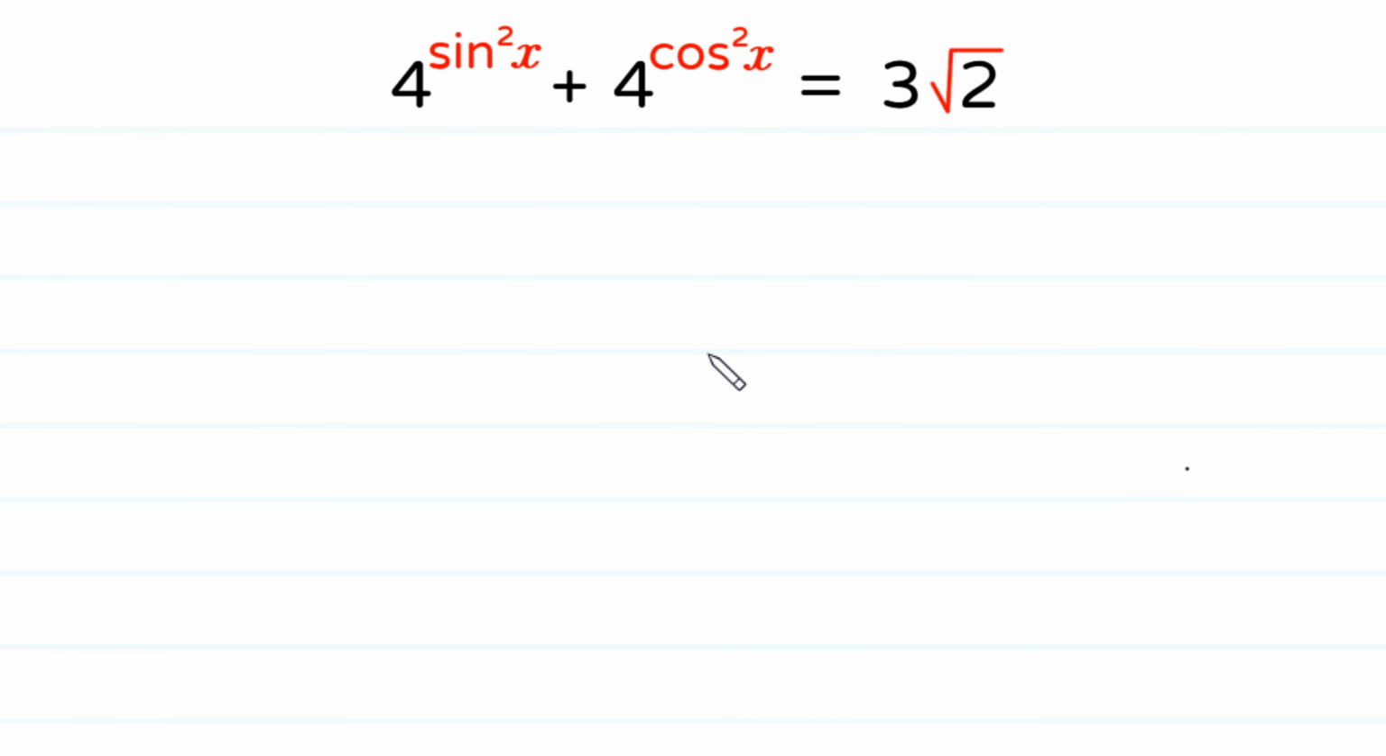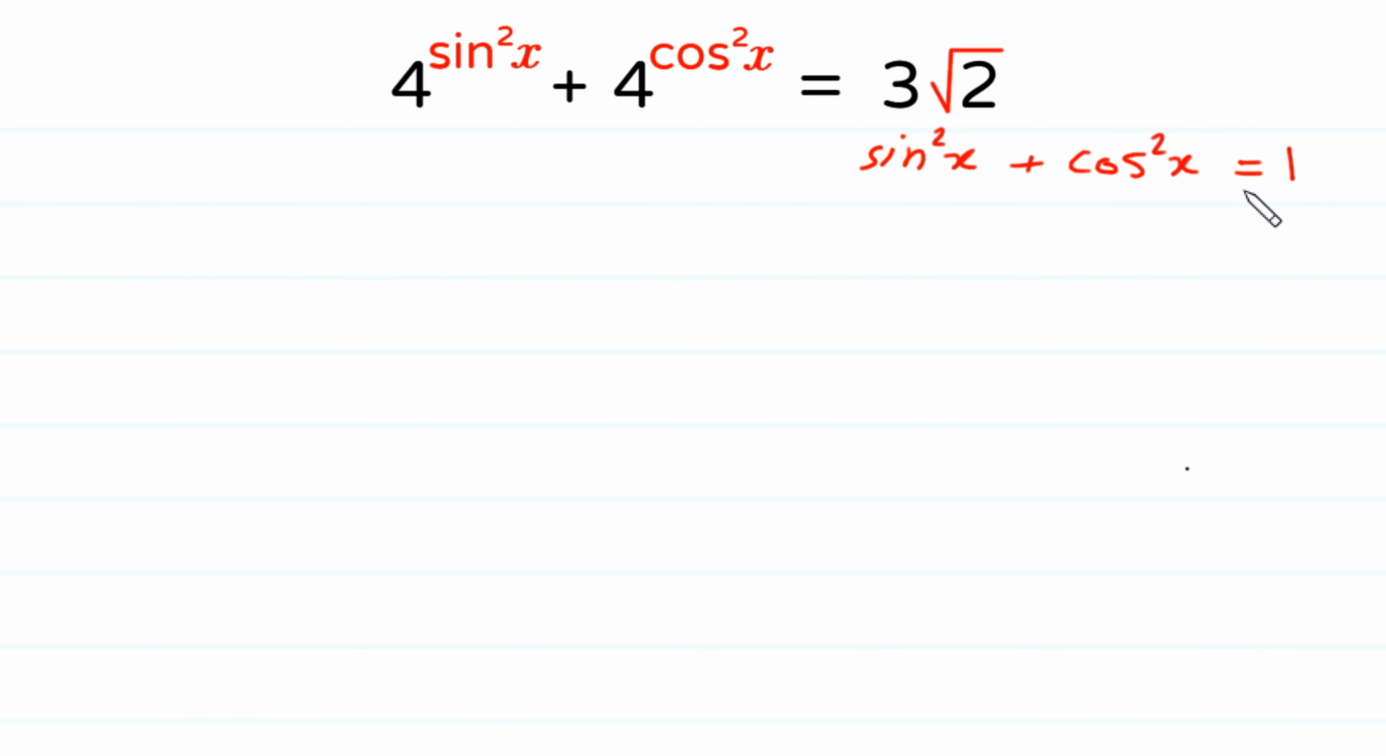Hello, welcome to how to solve this trigonometric equation. 4 to the power sine square x plus 4 to the power cos square x is equal to 3 times square root of 2. There is a trigonometric identity that sine square x plus cos square x is equal to